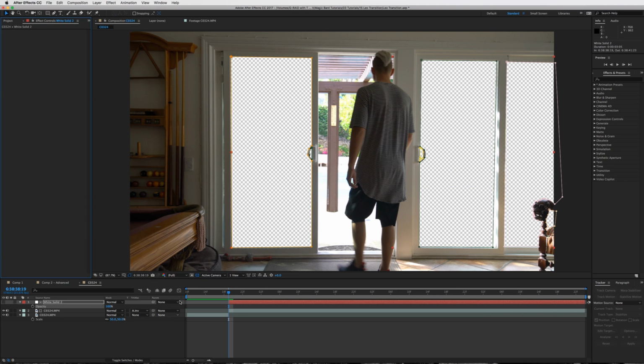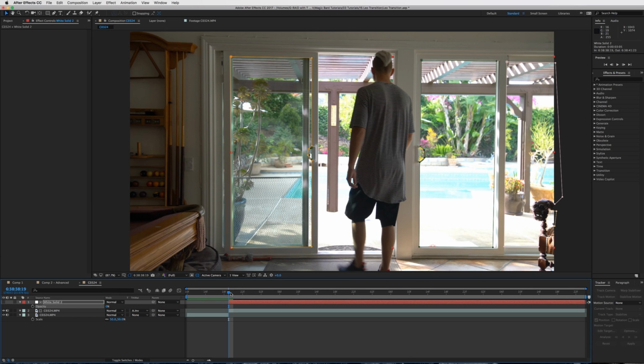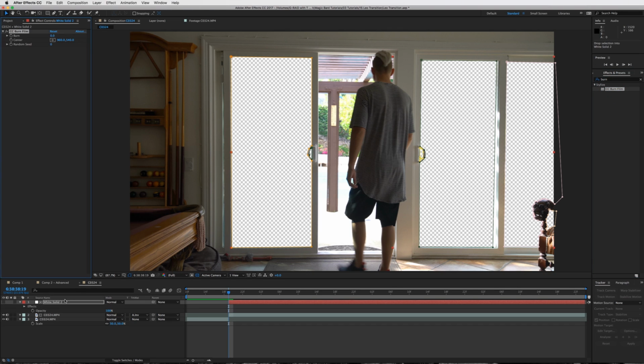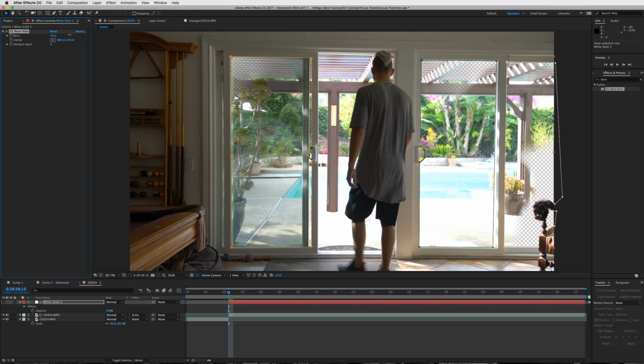We can transition these guys in a couple of ways. As you saw what I just did right there, you can bring your opacity down to 0%, and then keyframe it and bring it up to 100, and that's how they'll reveal the bottom layer. The other thing you can do is use an effect called Burn Film. Drag that onto our white solid layer, and with the opacity up at 100, you would turn the Burn Film up to